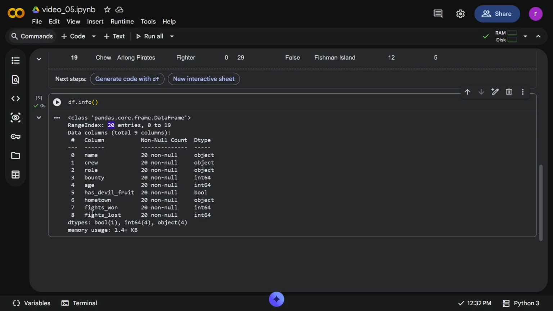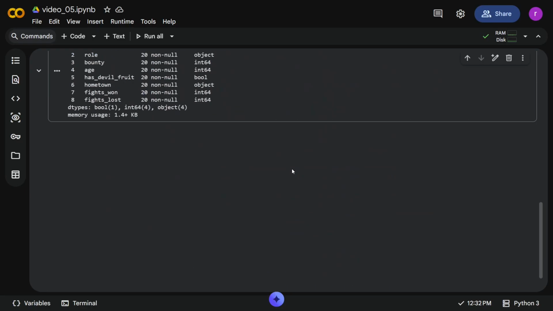Here's the name of our columns, and here's the data type. Object, which in pandas means string, and then bounty is integer, age integer, has devil fruit boolean, fights won, fights lost. Okay,